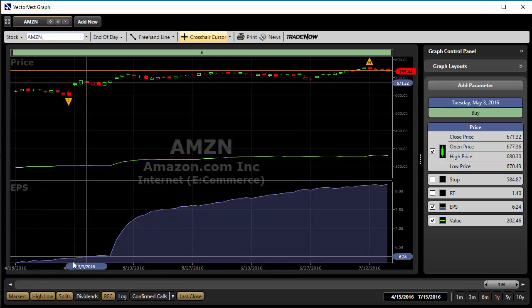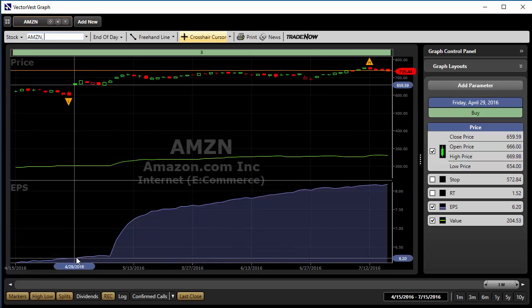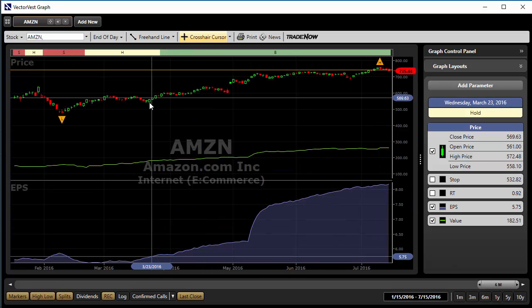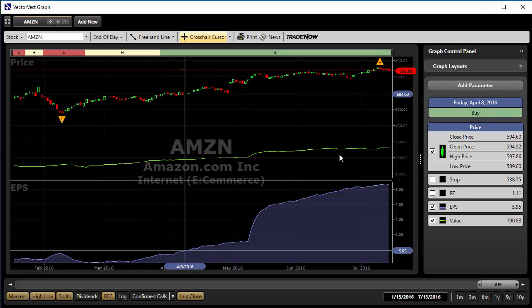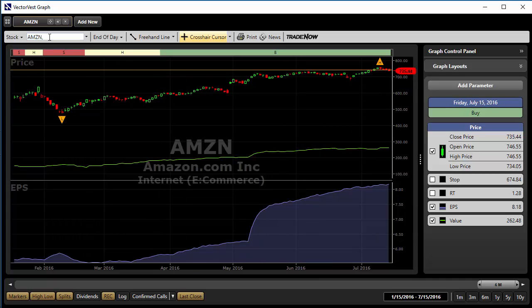Okay, same thing, rising earnings, but according to this, it's way overvalued. Now, again, let me just say, you're not going to see the value and the candlesticks just come together and be together at all times. Markets don't work like that. We're looking for opportunities where stocks are undervalued, because it gives them a little bit better chance to be